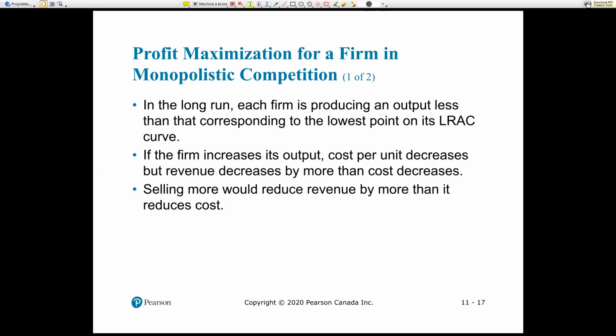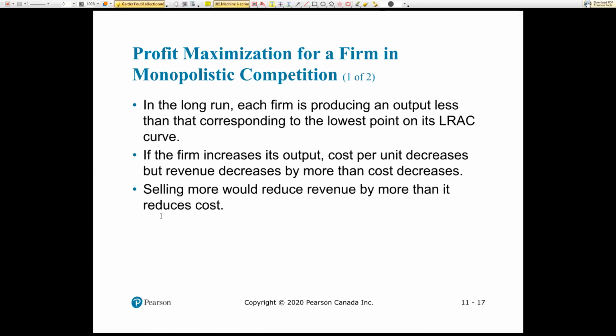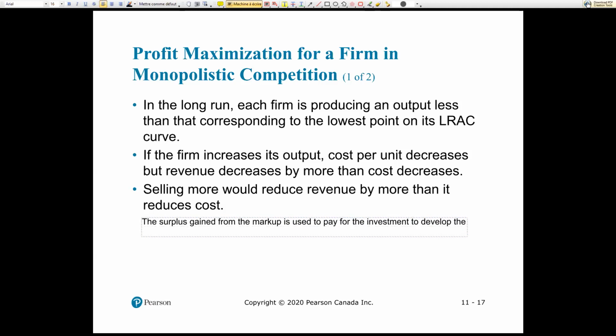If firms did produce at price equal marginal cost in the long run, they would actually lose money because they enter the market and they create new products and they pay fixed cost. So the pure surplus from the markup is used to pay for the investment to develop. So firms in the long run have